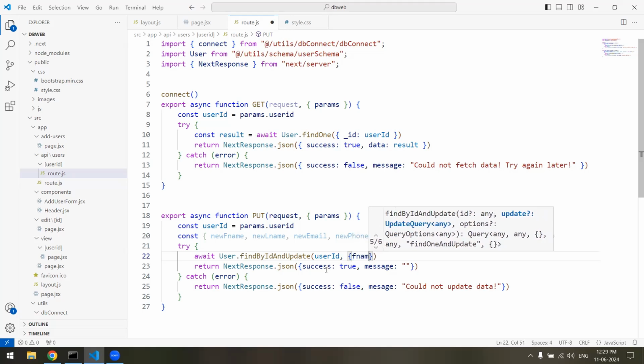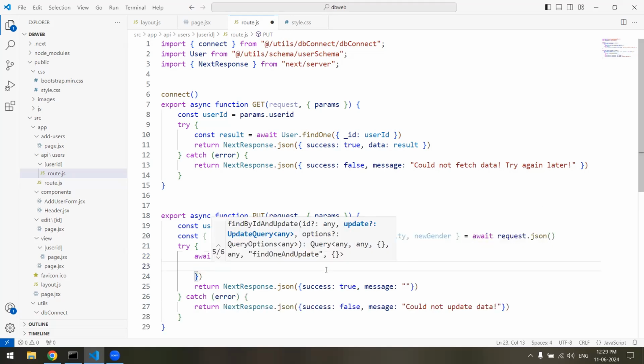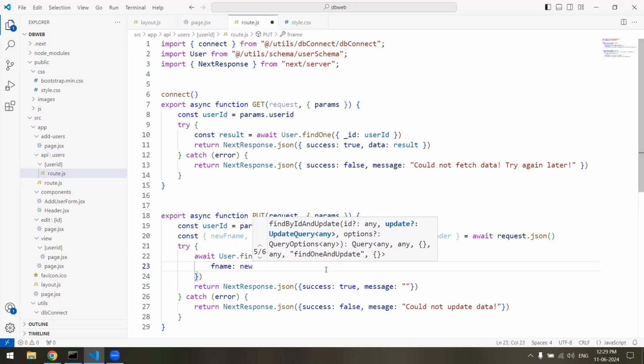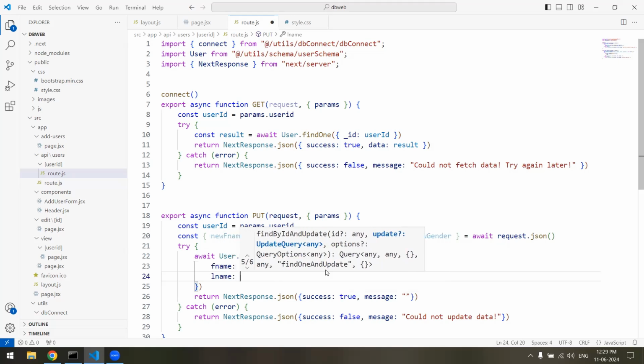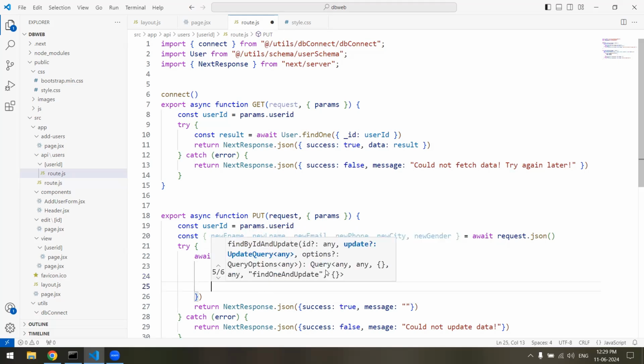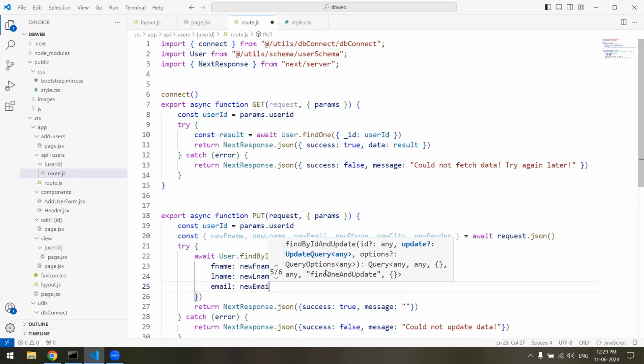Fname will be new fname, and lname would be new lname, and then email will be new email,